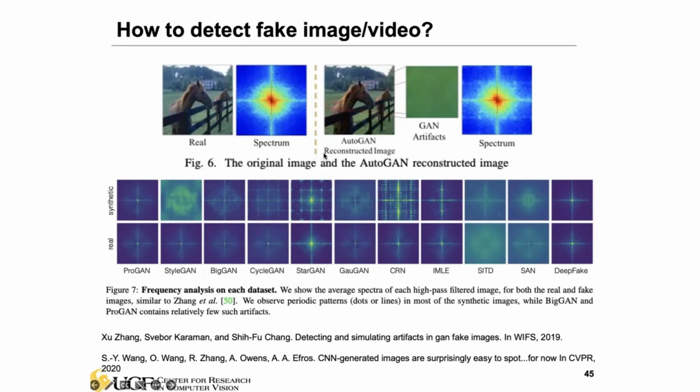Because AI is able to generate very realistic images and video that we may not be able to identify with human eyes, right? So we need to rely, again, on AI to detect this kind of fake images and video. So here, this paper specifically develops an approach to detect these fake images and video.